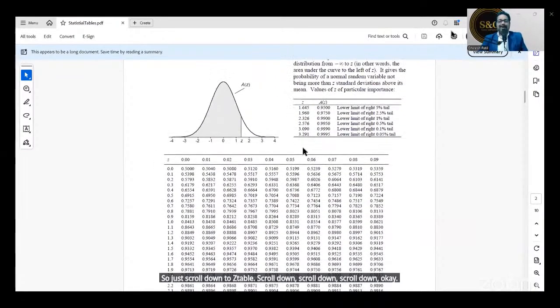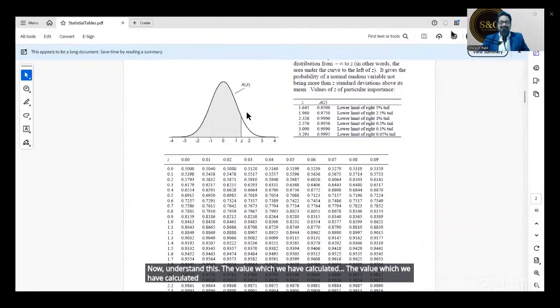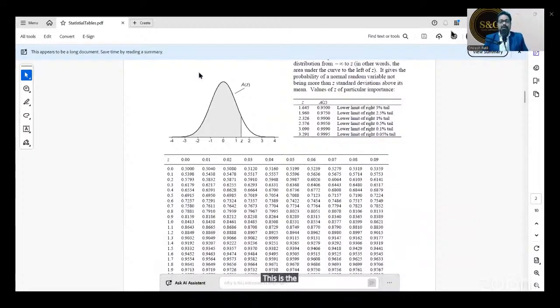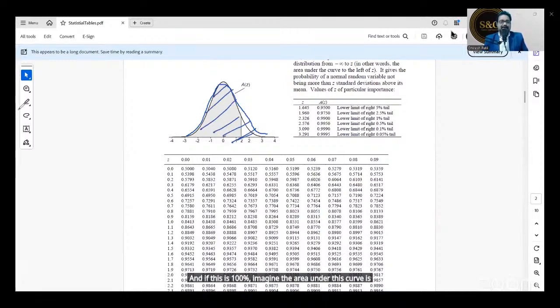Now understand this. The value which we have calculated is a Z value. This is the normal distribution curve, and imagine the area under this curve is 100%. Whatever we calculate as z, the area on the left-hand side of the z is given here.